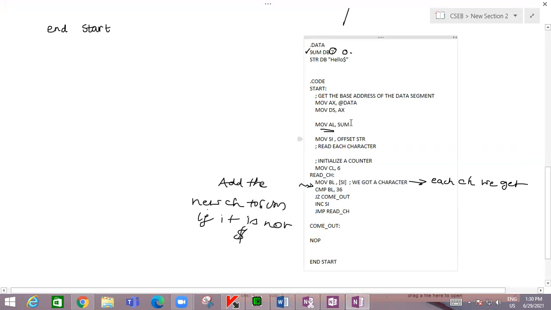So move sum, initially we make it equal to 0. Then read the character into BL.